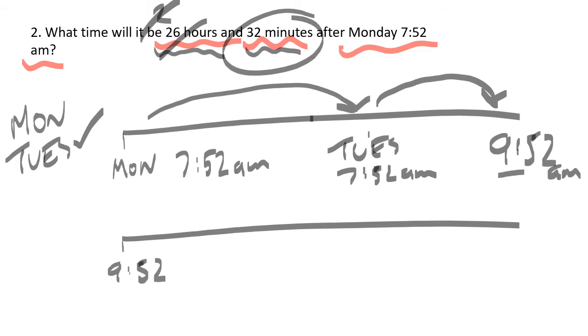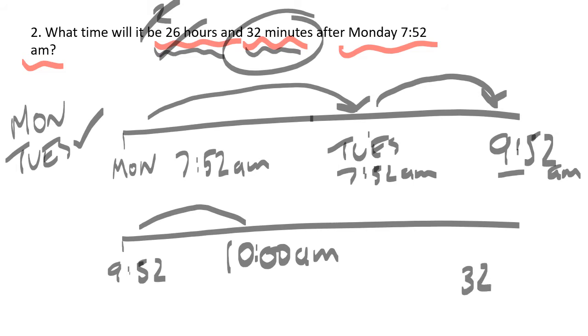9:52 plus 32 minutes. Now, you know what? I'm not smart enough to add 32 minutes to 9:52 a.m. But I am smart enough to jump only 8 minutes, right, to 10 a.m. I can do that. Which means I've jumped 8 minutes, so that's 32 minus 8, and I can work that out. 32 minus 8 is 20,